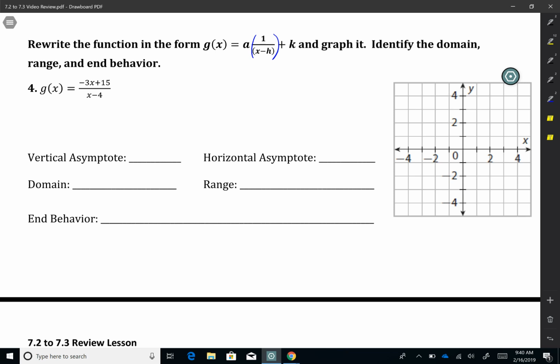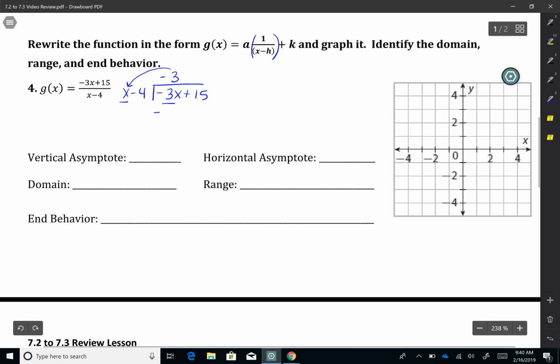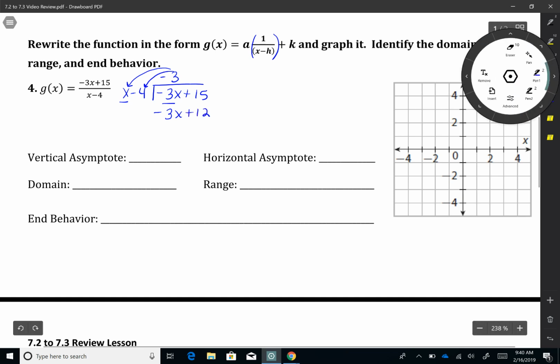So I am going to do long division and put -3x plus 15 in my house and x minus 4 on the outside. And I ask myself, what do I take times x to get -3x? And that would be -3. And I take -3 times x, and I write that here, -3x. -3 times -4, and I put that right here. Then I subtract those. This would change to positive, this would change to negative, and I get a remainder of